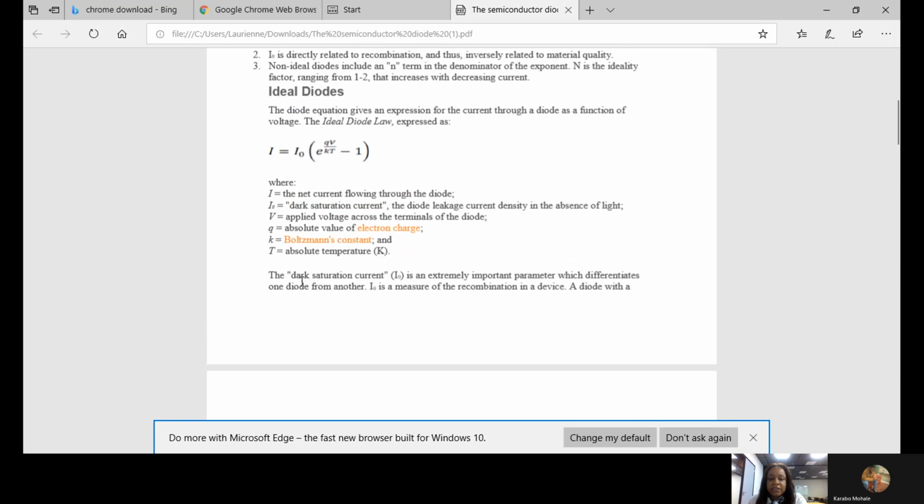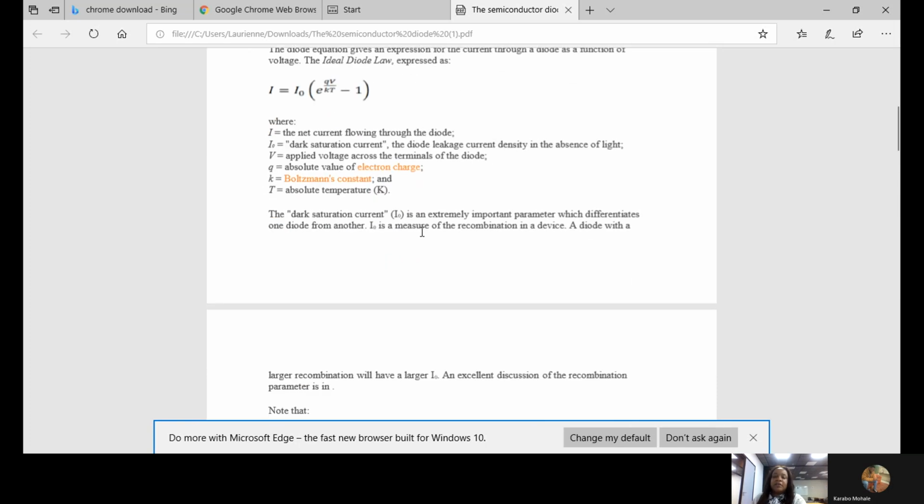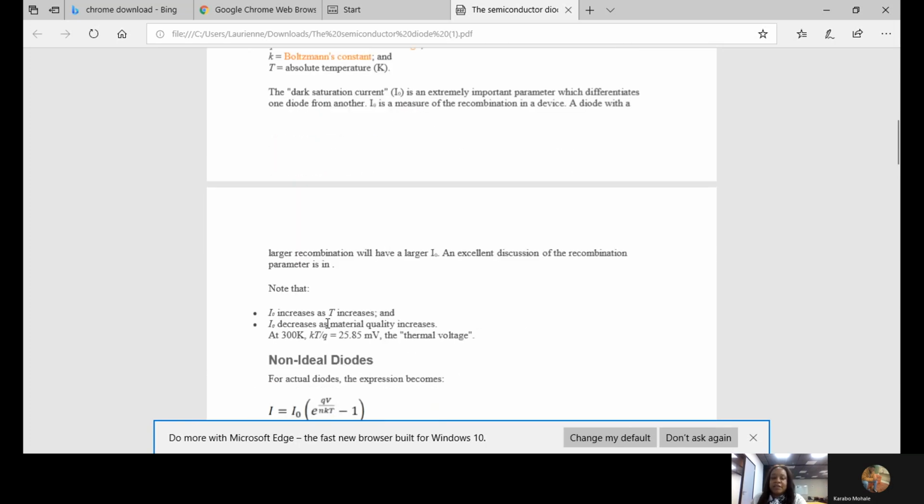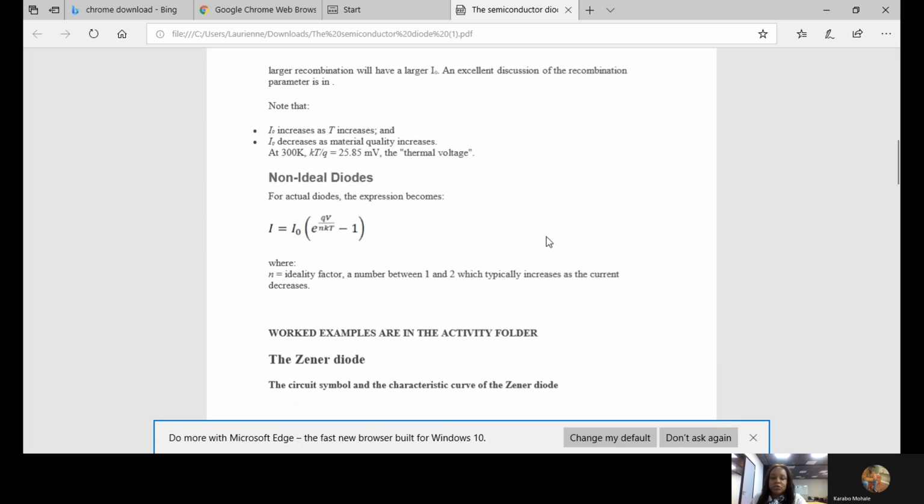The stationary current is basically also known as the dark current. It's basically the value without being influenced by anything. So please make sure you make a note of that. Another thing is